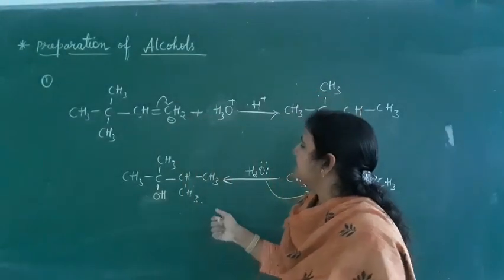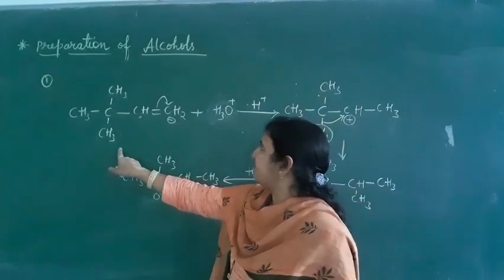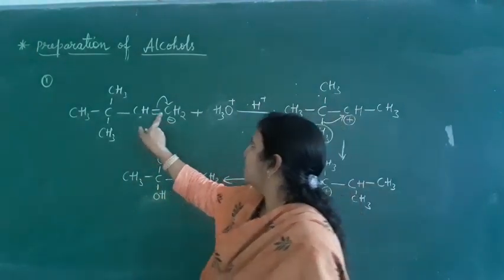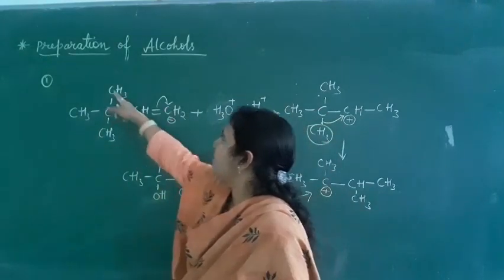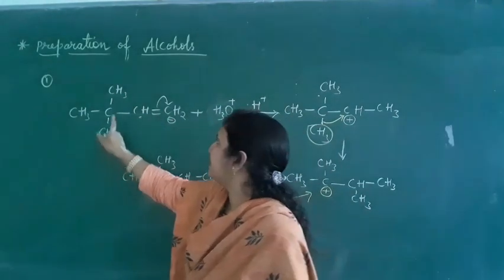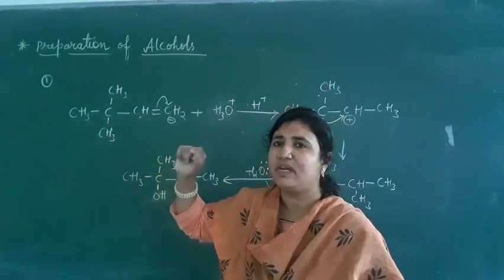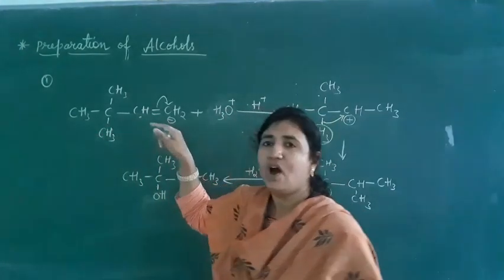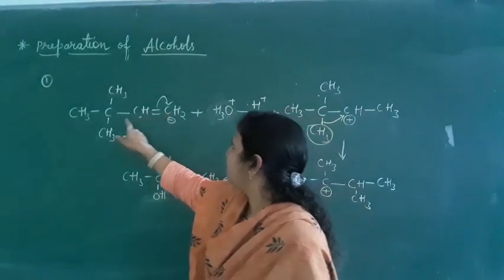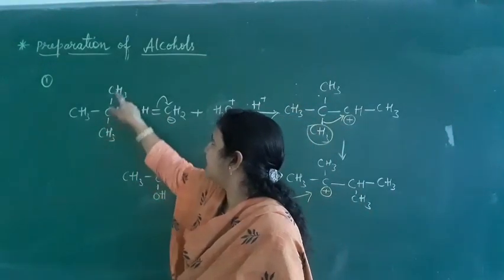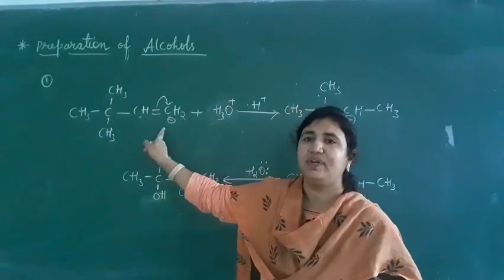So see here, now this is neohexene. Okay, 1, 2, 3, 4, 5, 6, a total of 6 carbons are there. At the end we have 3 methyl groups, so the common name is neohexene, or the IUPAC name is, 1, 2, 3, 4. On the third carbon we have 2 methyl groups, so it is 3,3-dimethyl-1-butene.